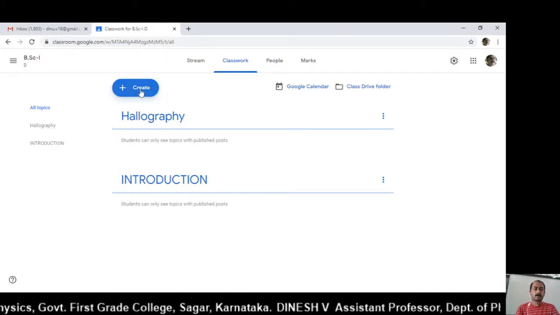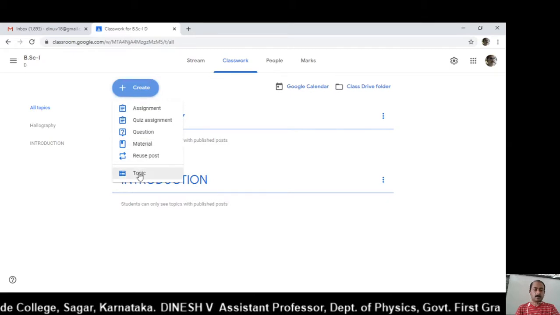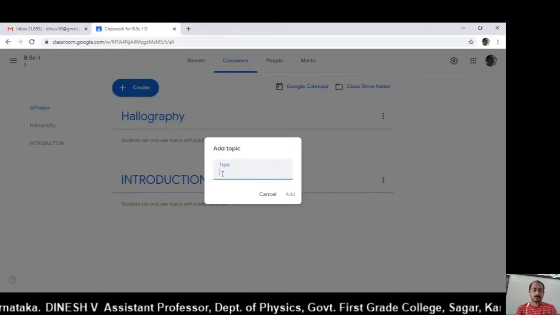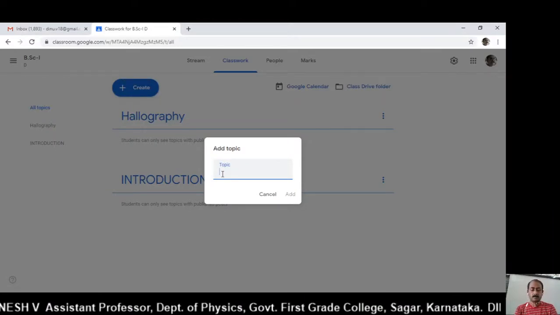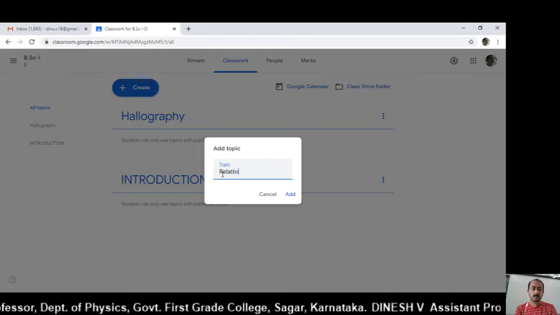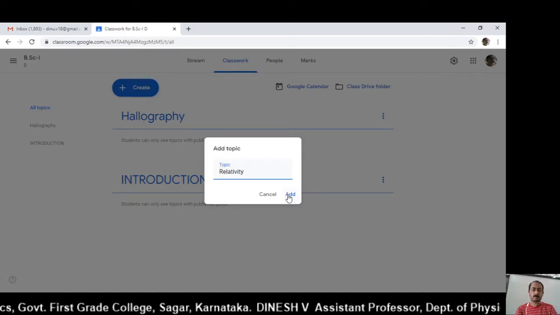Next click on create, go to topic. Next add another name, like relativity. Then add.